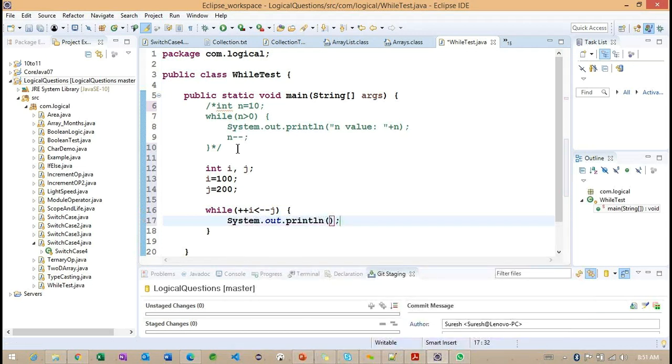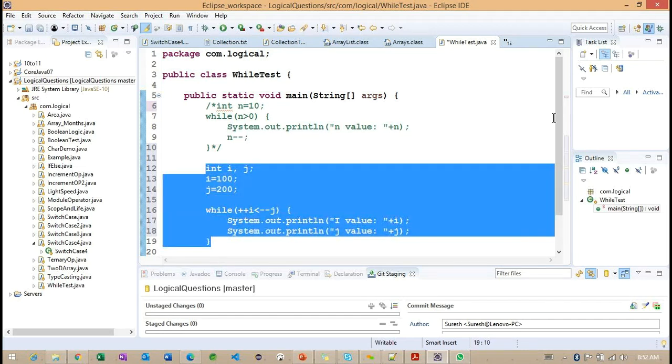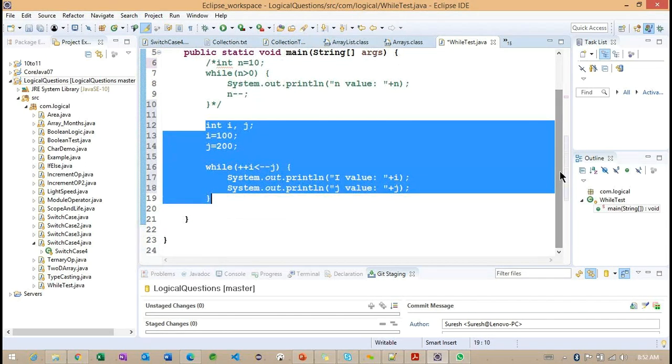I want to print the i value as well as the j value here. So can you please explain? In this scenario, what are the values we are going to get? Can you please look at this example and provide me the output properly?